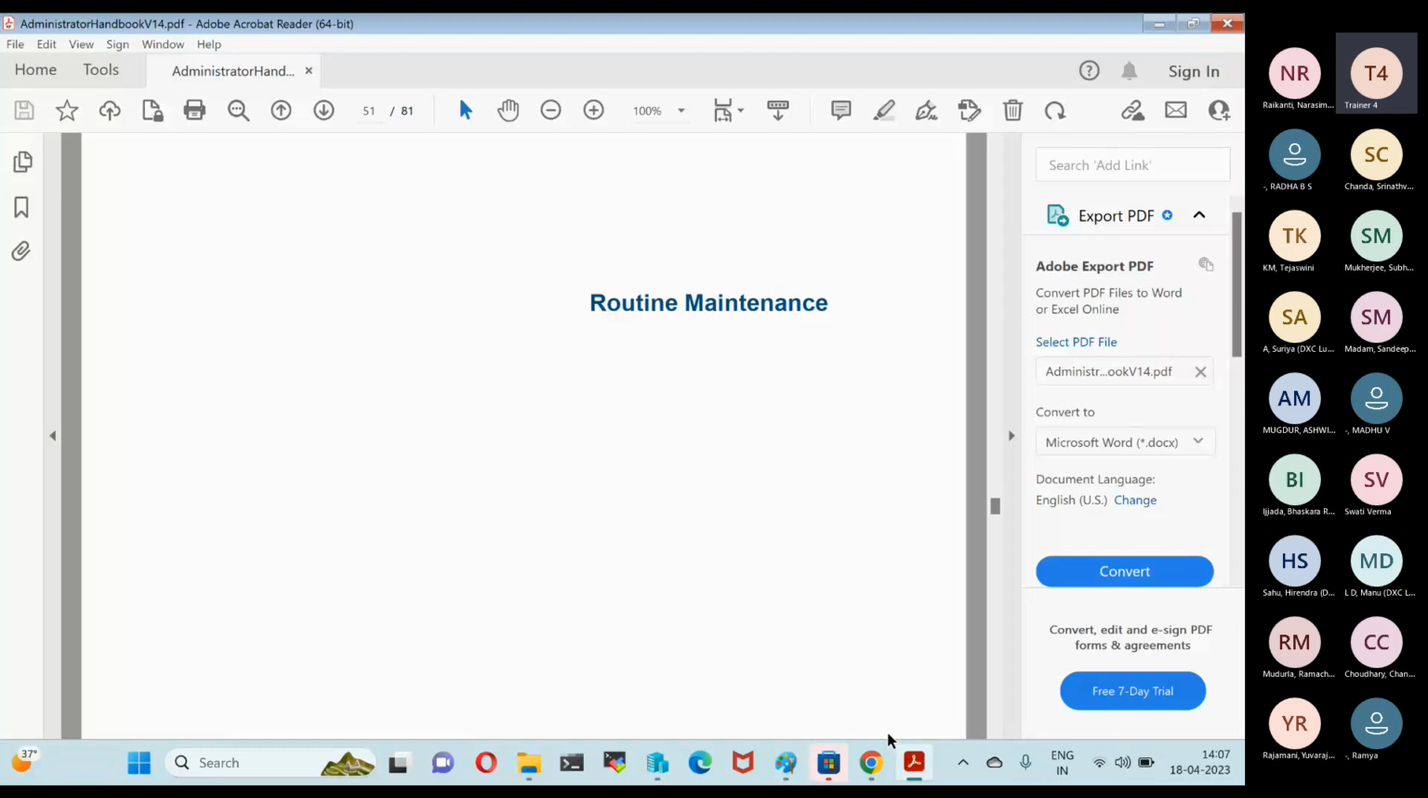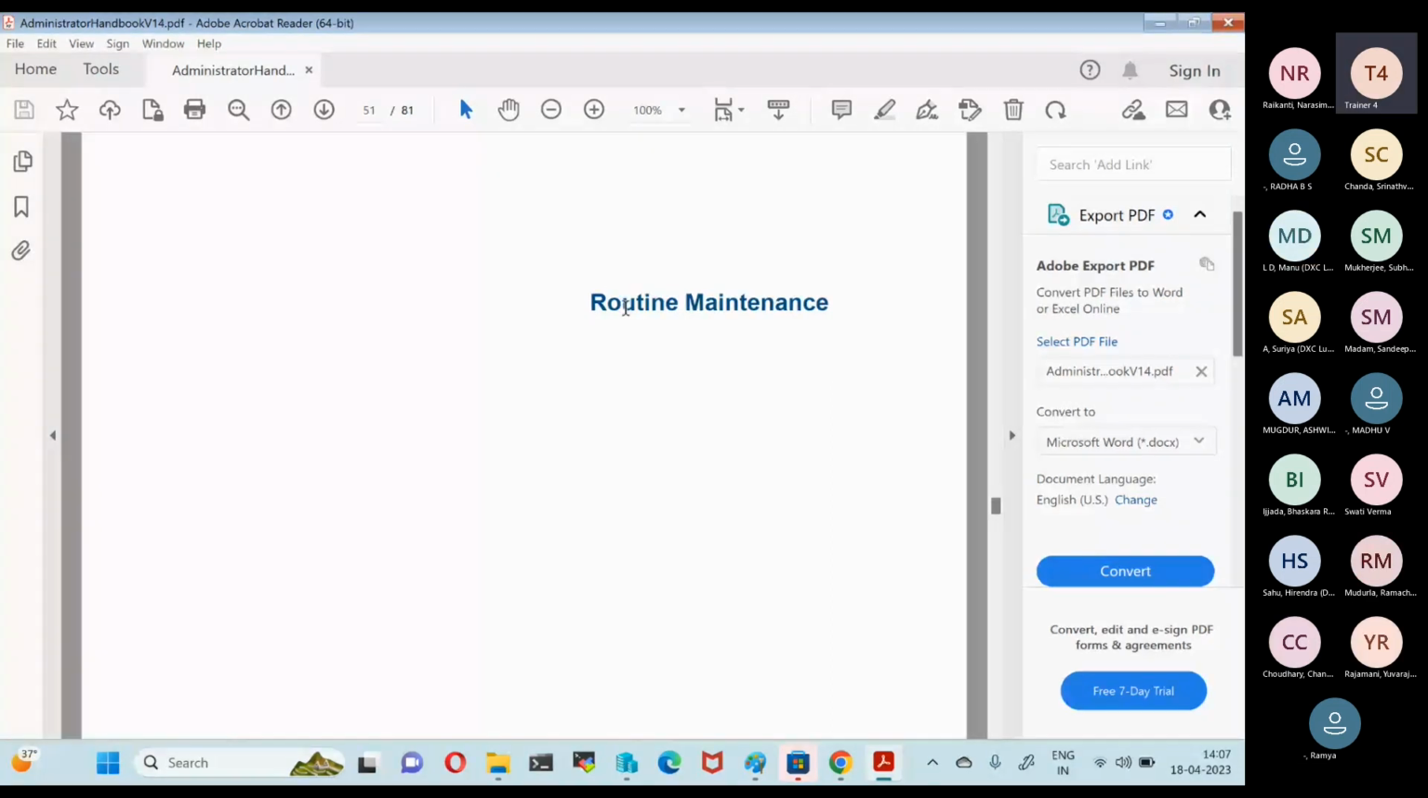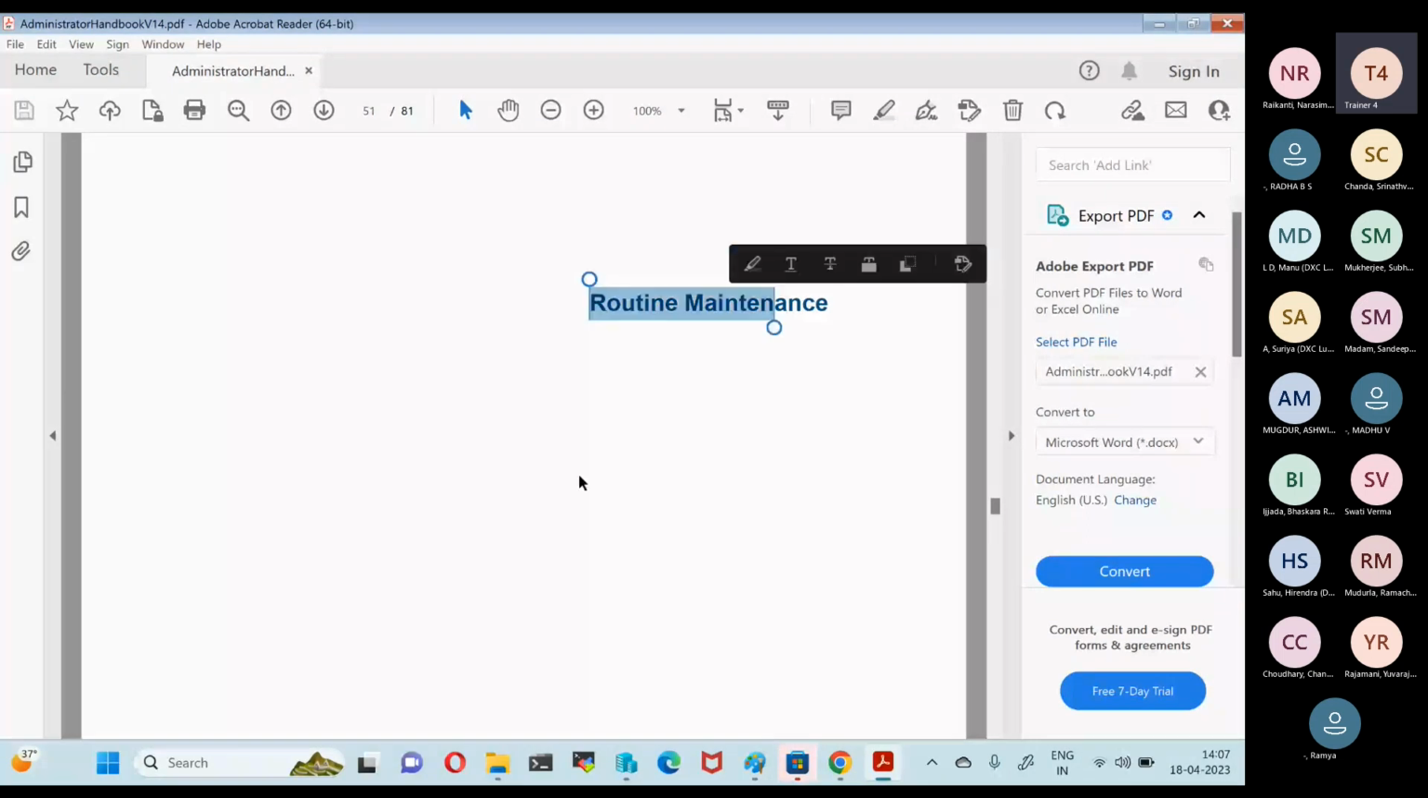Routine maintenance is a lesson in which we will learn what are the things we need to regularly check or regularly perform on the server, what maintenance activities we require to perform on the server. So that is what we are going to learn in this lesson. Okay. So this lesson,